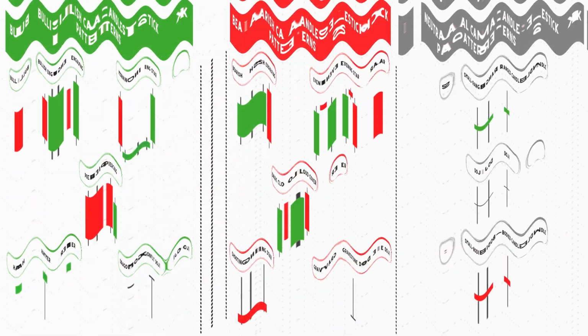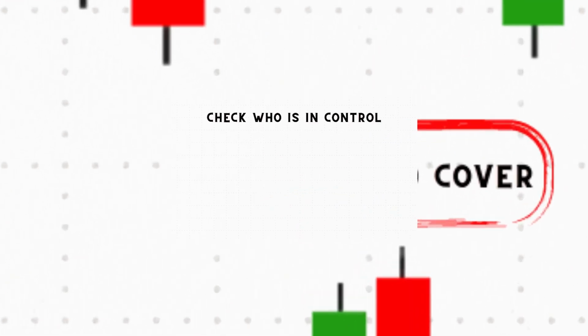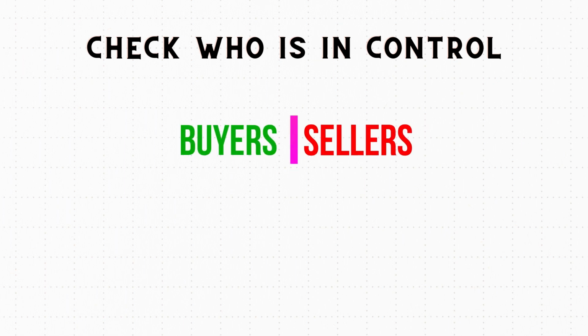So we have seen all the candlestick patterns which are much needed in your trading career. There are so many other candlestick patterns which we need not consider. Some people will even look at those candlestick patterns, but in my view, knowing all those candlestick patterns will not give much information for your trading purpose. So one tip which I suggest is to always try to find who is taking control of the market. Is it a buyer or a seller? Who is the one trying to take control? If you know who is taking control, definitely you will be a good trader.